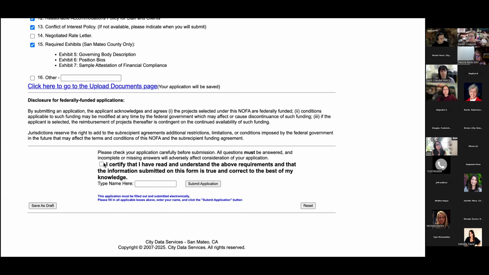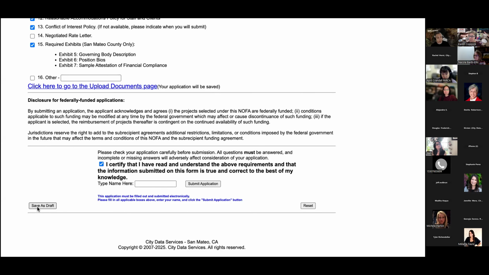You click this I certify box, just like that, and you type your name in here, submit application. And like I said, if you try to submit without filling out or uploading all the attachments, you will get a warning. So do leave yourself enough time to upload all of the required documentation. Once you submit, it'll go to your reports page.